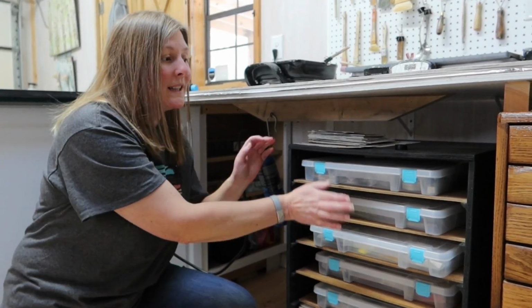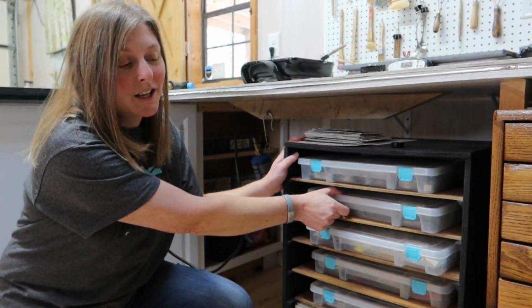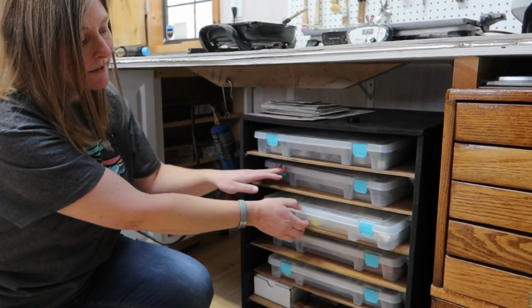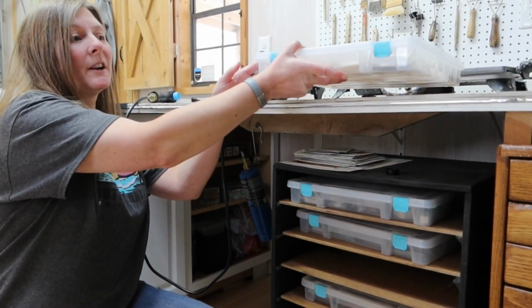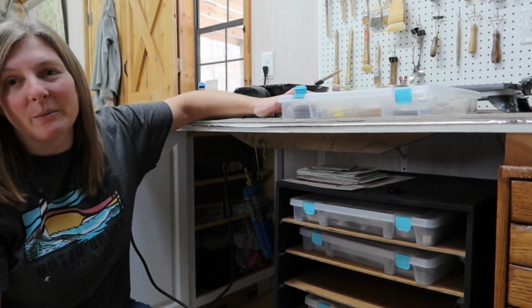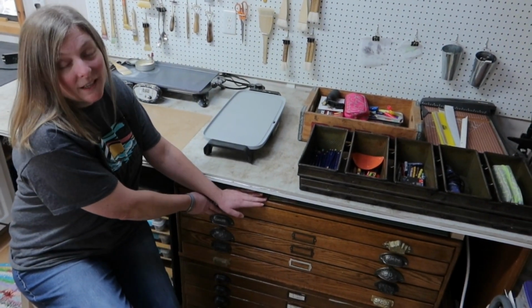Matt actually made me this handy little rolling cart, which I don't roll around that often, but it houses all of my encaustic paint in these handy little trays, which I can then just put right up here as I'm working, open them up, and get out whatever paint color I want. On this same side of my work table, I have my large map drawers,